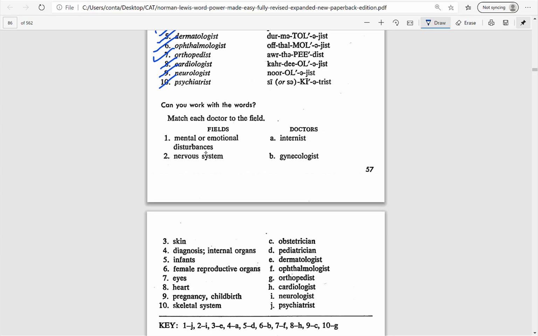So, mental and emotional disturbances. For that we go to psychiatrist. That is J. Nervous system, we go to neurologist. For skin we go to dermatologist. For diagnosis of internal organs, we go to internist. That is A. Infants, pediatrician. Female reproductive organs, gynecologist. B. Eyes, ophthalmologist. Heart, cardiologist. Pregnancy and birth, obstetrician. Skeletal system,